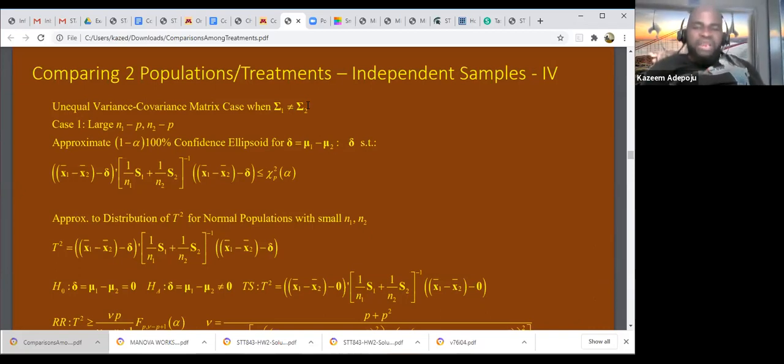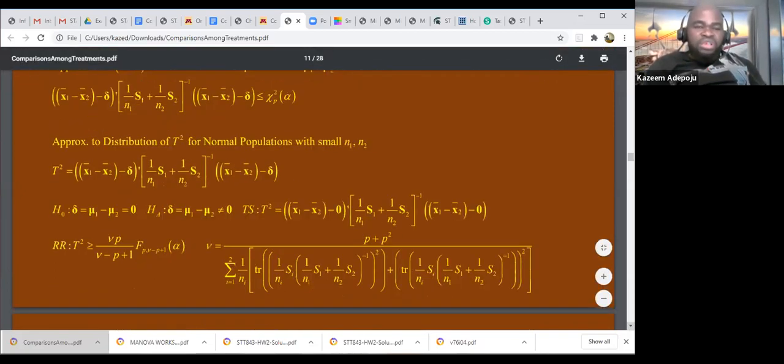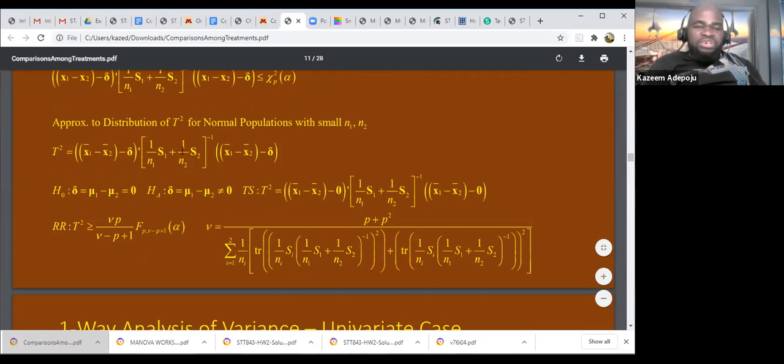Now, let me tell you right now, if I want to test for the equality of means, the formula that you need is this. Your Hotelling's T-squared is going to be this. This is the formula. That is the Hotelling's T-squared. What am I testing? I'm testing this hypothesis. If the Hotelling's T-squared is equal to this, then if I got this one,